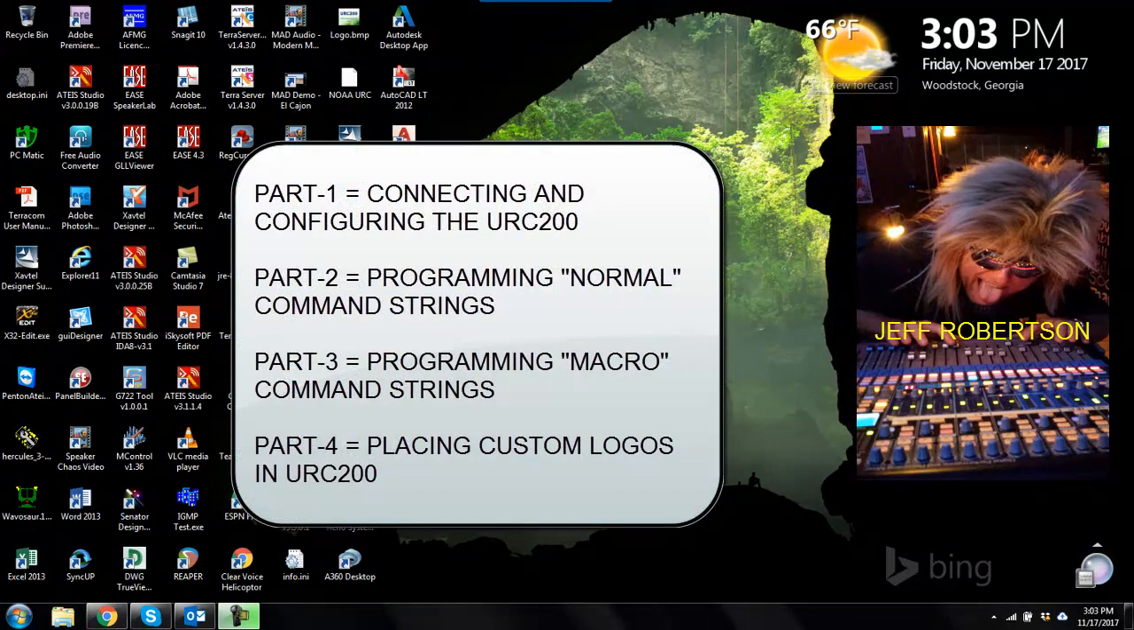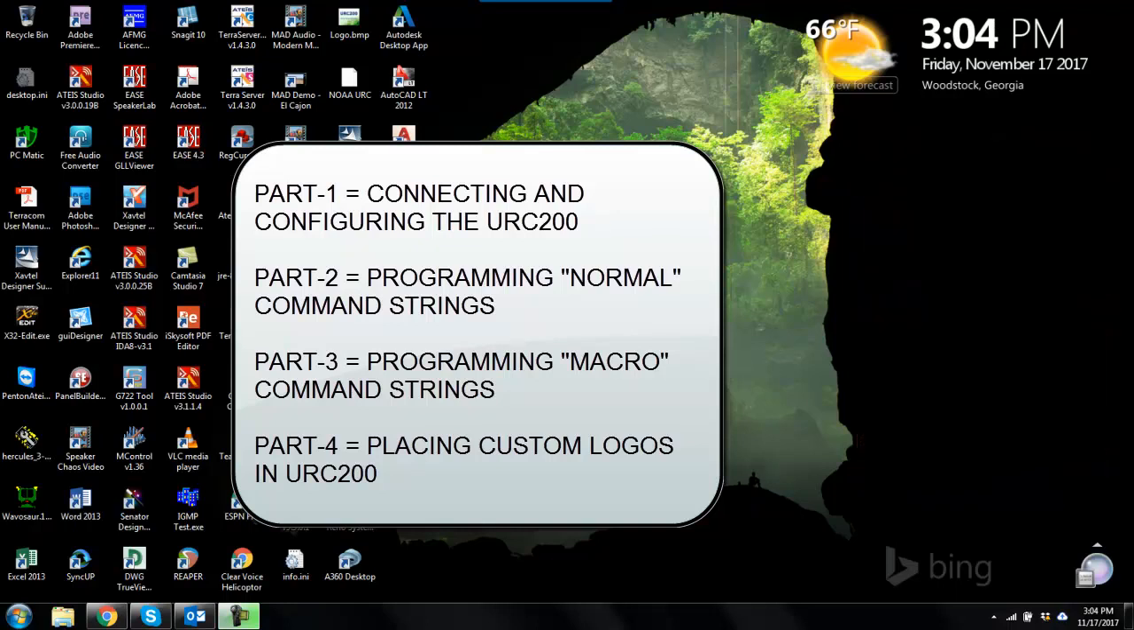The first 3 parts are how to actually get started and connect and configure. The first part of the series was how to connect, configure, and do the hardware settings for your URC200. The second part was how to do normal IP string programming, so you can program it how to do controls. And the third part is how to do macros, where one push of a button will do a